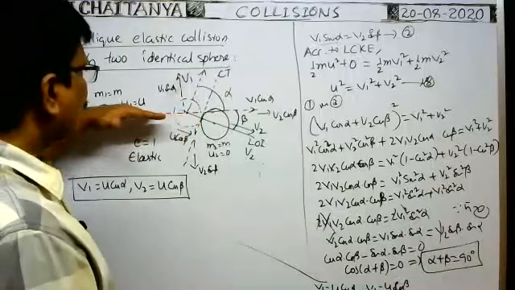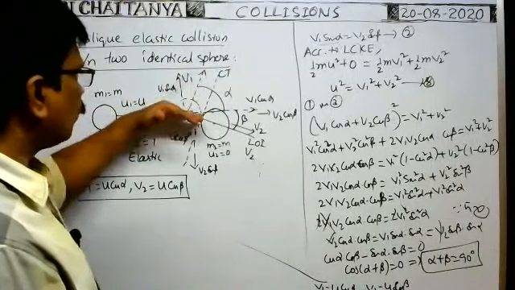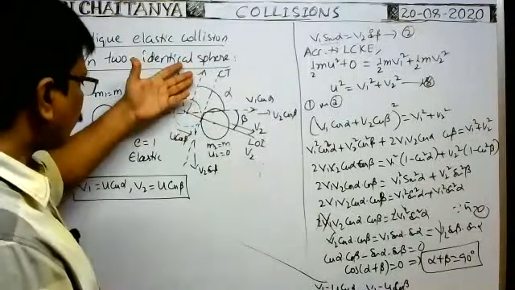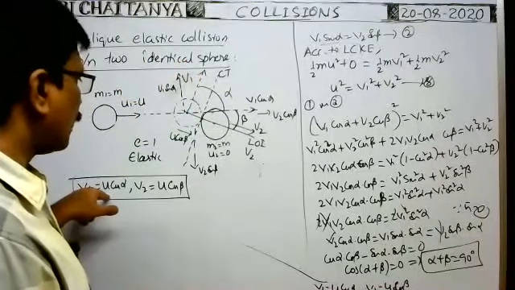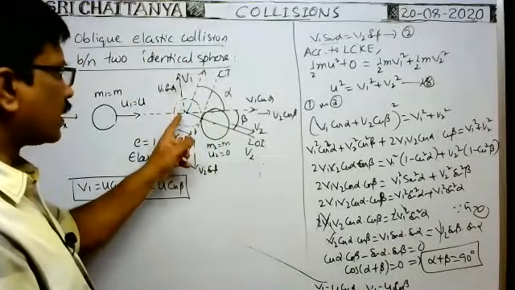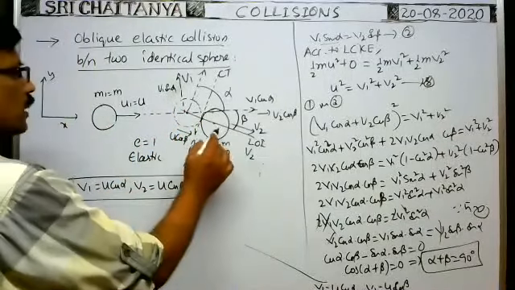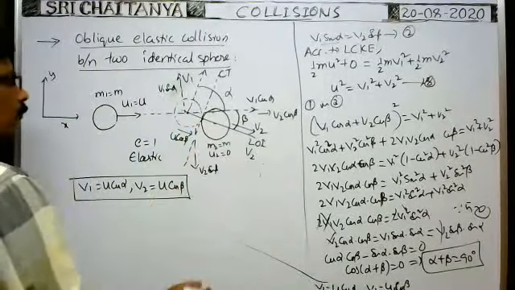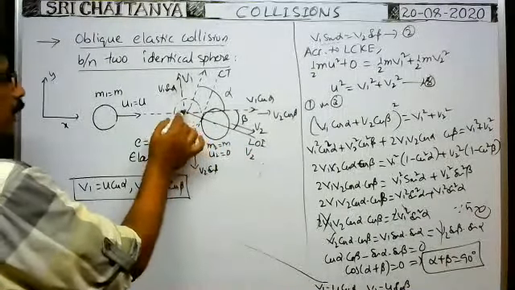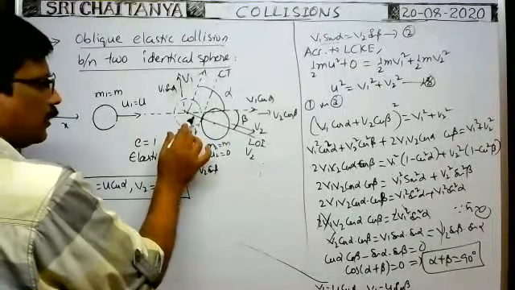So before collision along this direction the velocity component is u cos alpha. That's why even after collision also, along this direction the velocity is u cos alpha only. In the other direction, the velocity of the sphere becomes 0 after elastic collision. Next, after collision, the velocity of the second sphere in this direction: before collision the velocity of the sphere along this direction is equal to u cos beta.